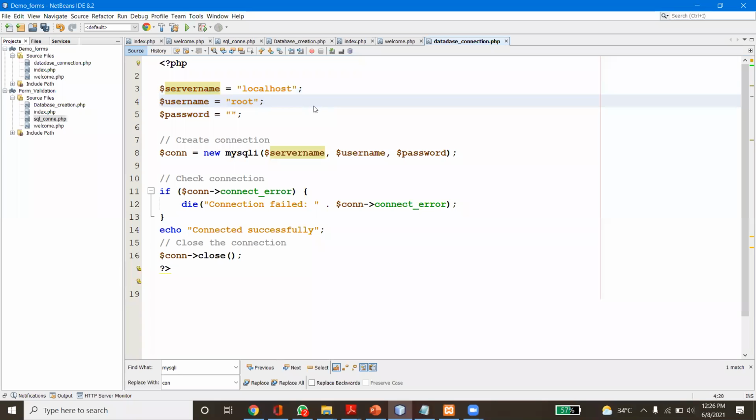We can also pass the values directly if you want to reduce the code.